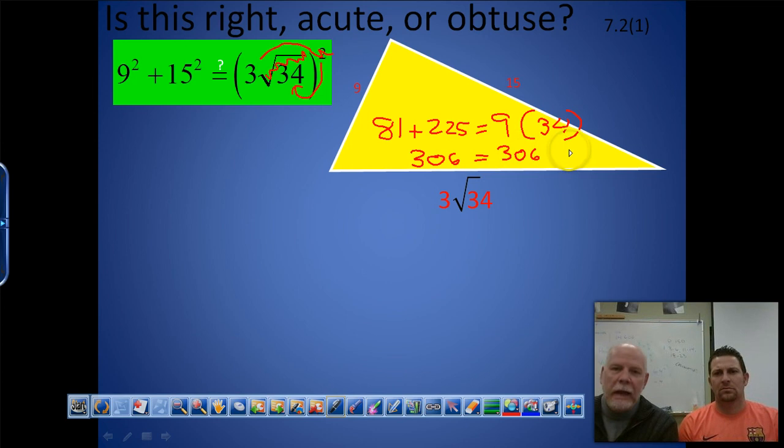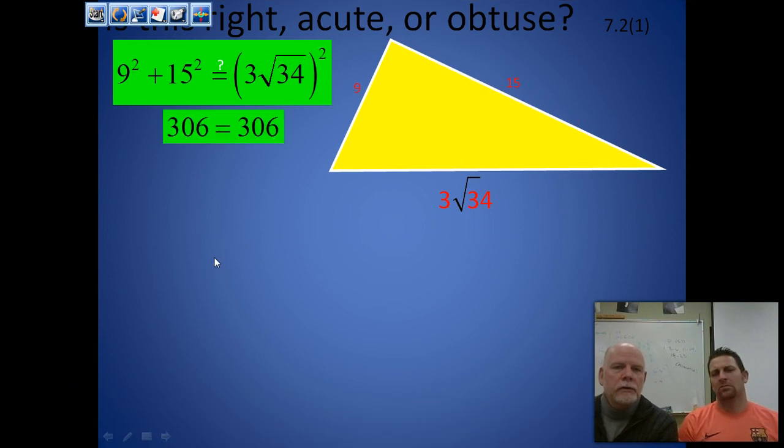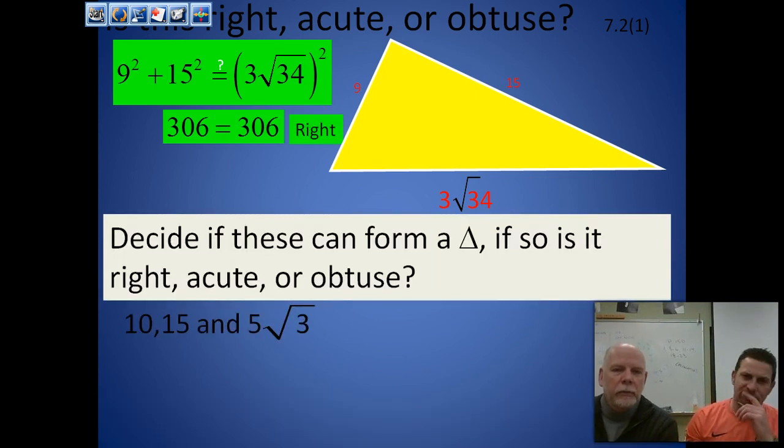From the last slide, because those two are equal to each other, it has to be a right triangle. The test in Pythagorean's theorem showed that the two sides are equal, therefore it is a right triangle. Compared to this next example, the first part of this question is to decide if these side lengths,